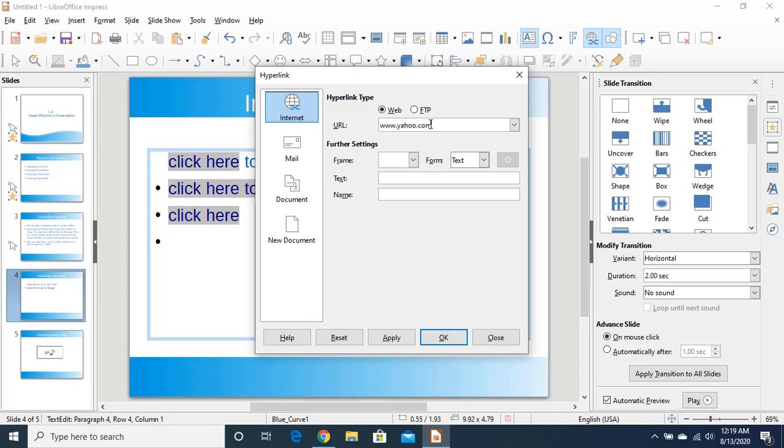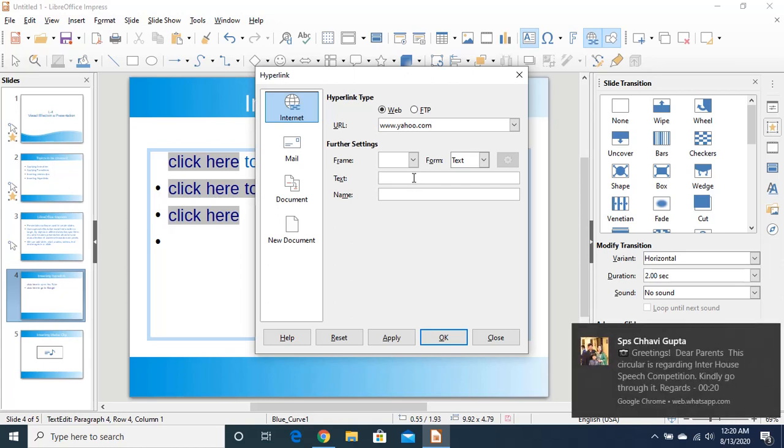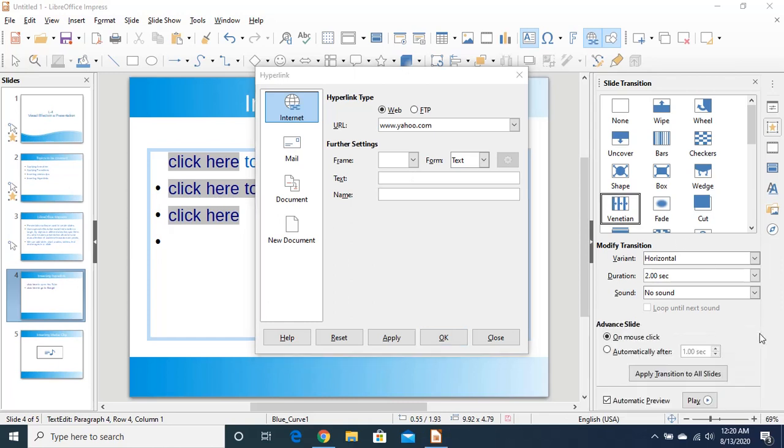www.yahoo.com, right? And what text you want to show on your slide, because you have to click on some link, right? And that text which will appear on the slide, we will click on that text and it will take you to this web page, right?